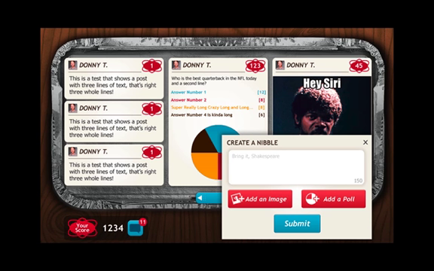If I click the Add a Nibble button that is in the lower right part of the screen, I will reach this Create a Nibble interface. And if I want to create a comment nibble, I simply type my comment in the text field here and then hit Submit, and my comment nibble will be submitted into the tray, and everybody else can see that comment and interact with it. On the other hand, if I want to create an image caption nibble, then I simply click on the Add an Image button and I will reach the next interface.